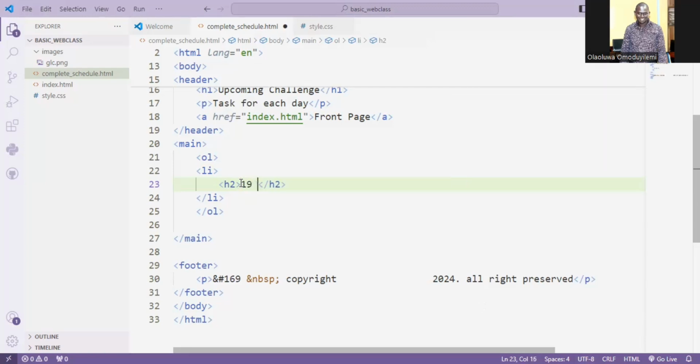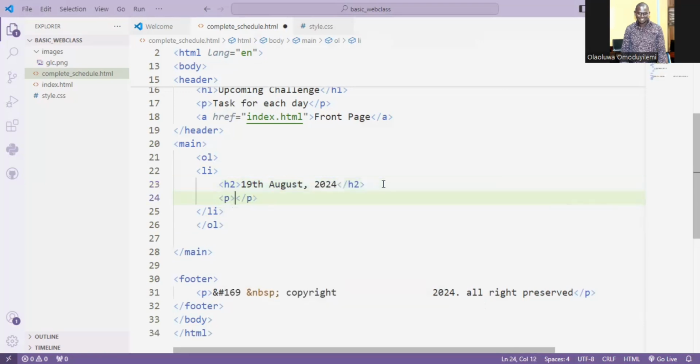19th August 2024. Good. Then we're going to have the paragraph tell us the content we're having there. And what's the content? The content is what we want to do on that particular day. What you want to do,